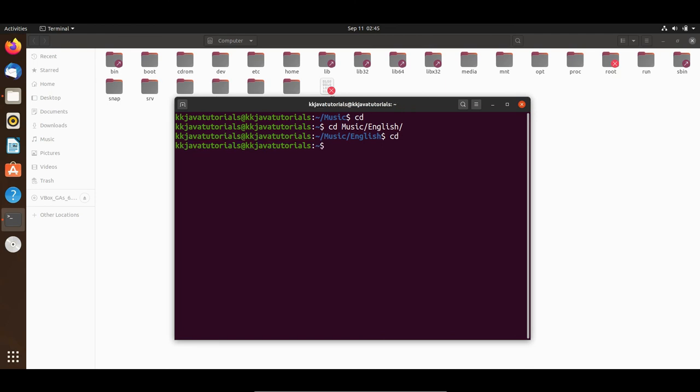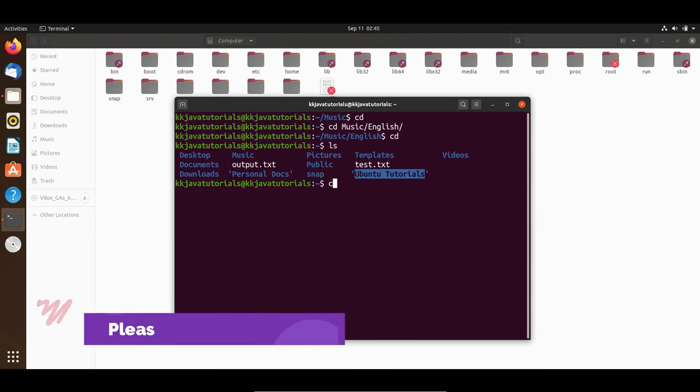So by using cd or cd tilde command, you can move into your home directory, right? Now here if I do ls in my home directory, you can see some of the directories have a space, right? Now how can we move into a directory which has some space? That is a little tricky in Unix. So I will type cd, and let's say there is a directory called personal docs, with some space, right?